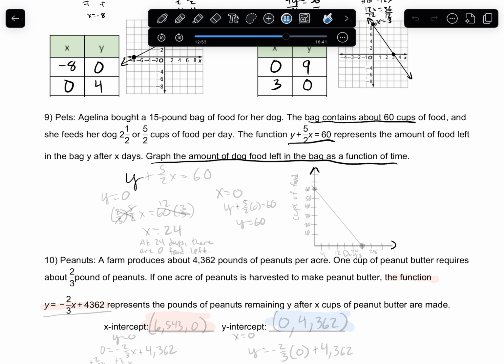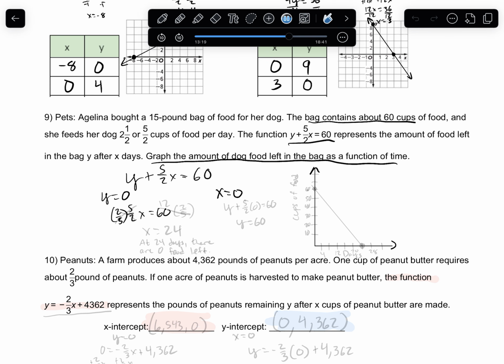So y plus 5 halves x equals 60. And my question is, what would x equal if my y is 0? And what would y equal when x equals 0? So let's do when y equals 0. So then I have 5 over 2 x equals 60. So then